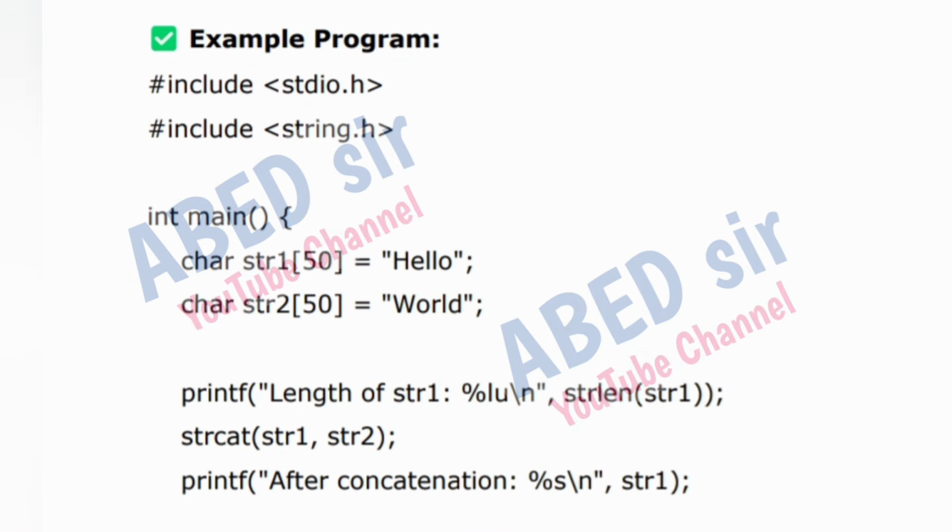Example program. #include <stdio.h>, #include <string.h>, int main. char str1[50] = "hello"; char str2[50] = "world"; printf("Length of str1: %lu\n", strlen(str1)); strcat(str1, str2); printf("After concatenation: %s\n", str1);